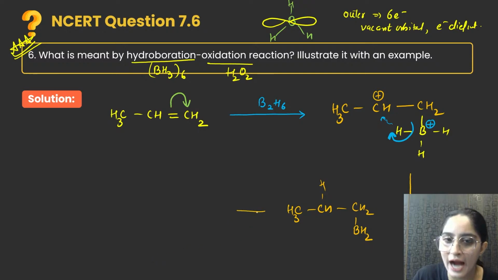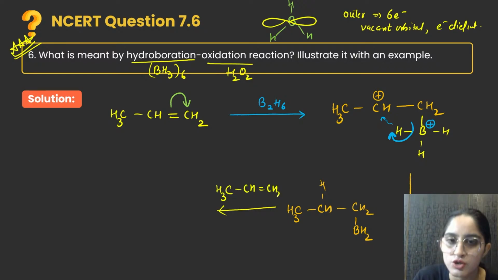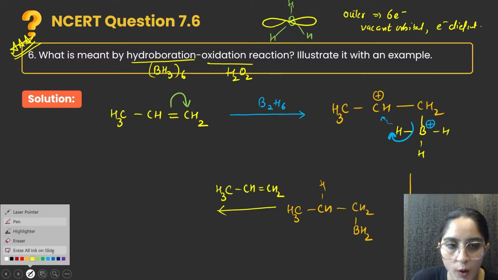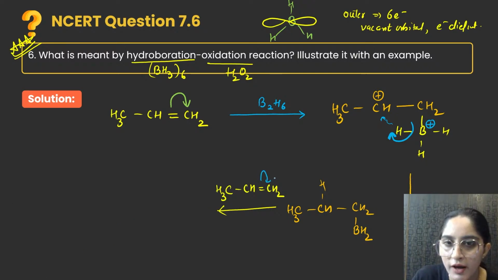Now, beta, if I add BH3 again, what will happen? The same thing will happen, right? Sorry, you are adding BH3. No, opposite, beta. You will again add a propene here. That is CH3, CH double bond CH2, right? Again, this bond will shift here, right? One negative will be here, one positive will be here, right? Again, what will happen? This is your CH3, this is your CH, this is your CH2, right?